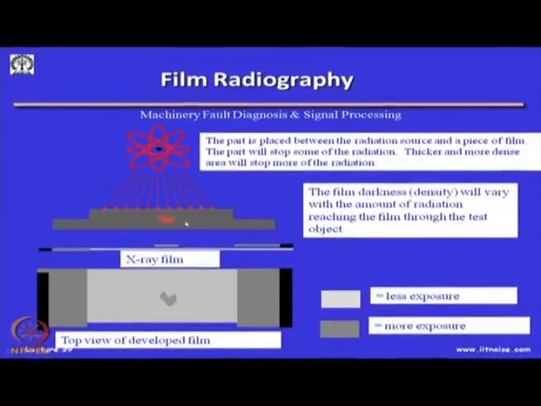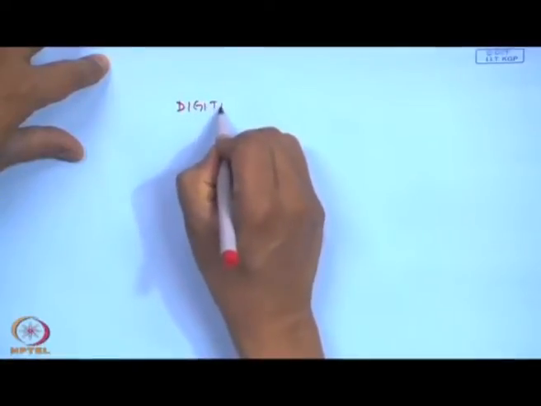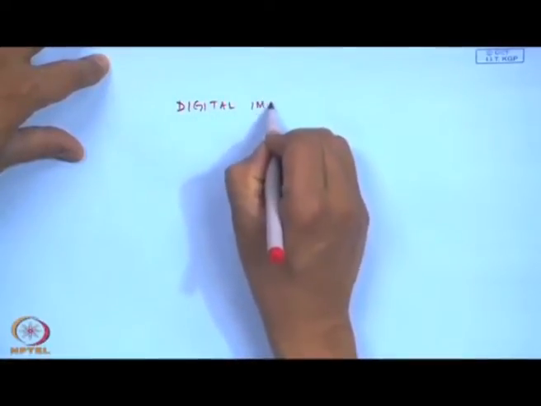So, these kind of things can be done. And similarly, in the film radiography which is used in the industry, we can have a similar setup, wherein the component under test is brought down to this location here, and then we have an X-ray film. But nowadays, because of the digital image processing, instead of film we have digital images,